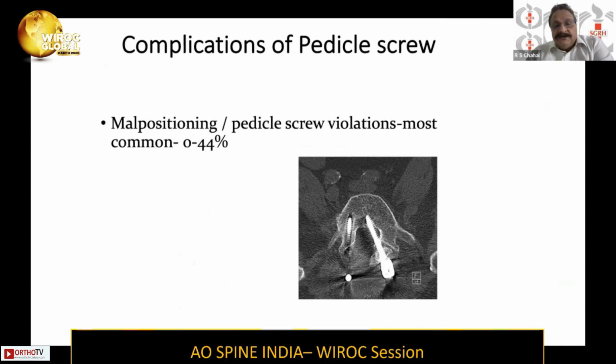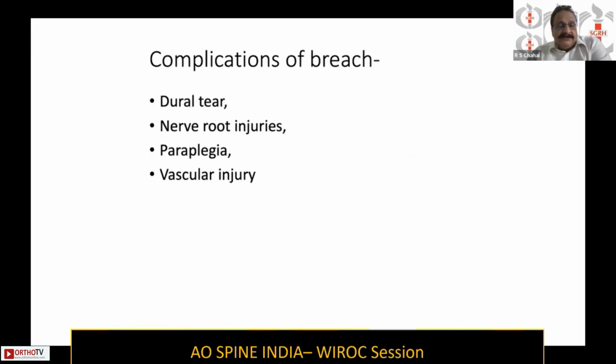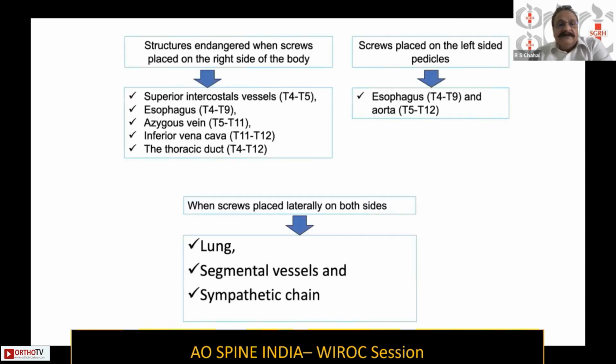So malpositioning or pedicle screw violation is very common. Studies have gone from 0 to 44%. This is the major complication. It can cause dural tear, root injuries, paraplegia, a vascular injury. So when you put in these screws, the common structures you injure on the right side are the costal vessels, esophagus, the vena cava, thoracic duct, and bilaterally you can injure lungs on both sides, segmental vessels or